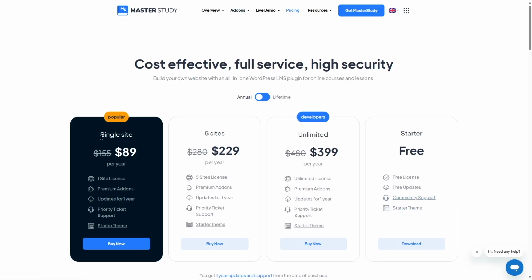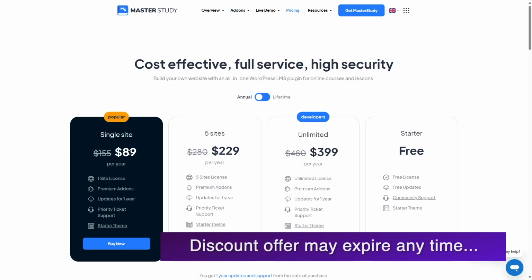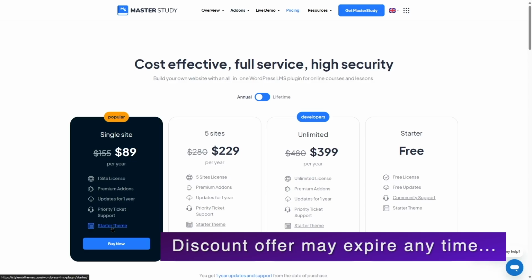Now, the other package is the single site, which is very popular. Its usual price is $155, but there's a discount over here. With the discount, it's available for $89 per year. So with this, you get one site license, premium add-ons, updates for 1 year, priority ticket support, and the starter